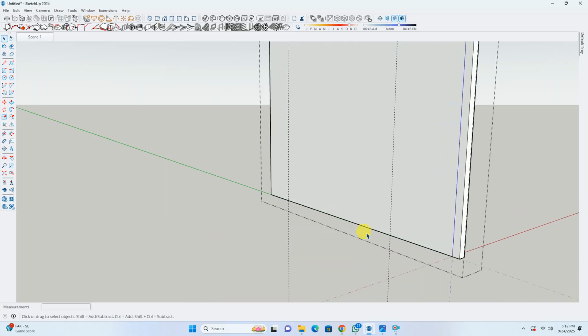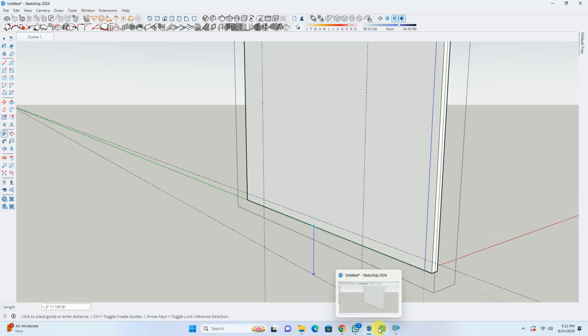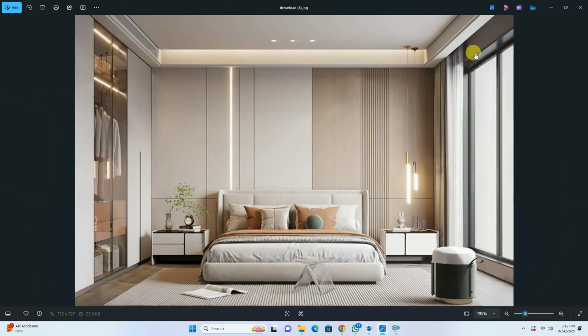Now we have to get some gap for skirting also. So for that, we'll use the tape tool. We'll take the skirting height as 6 inches, and we can see that this height of the door is quite large. It's just below the false ceiling level. The depth of the false ceiling is about 1 foot, we generally have 1 foot of false ceiling depth, right? So it is just below the false ceiling.